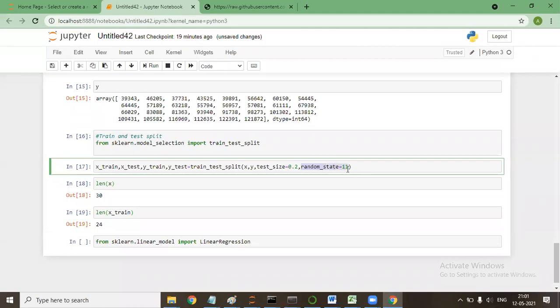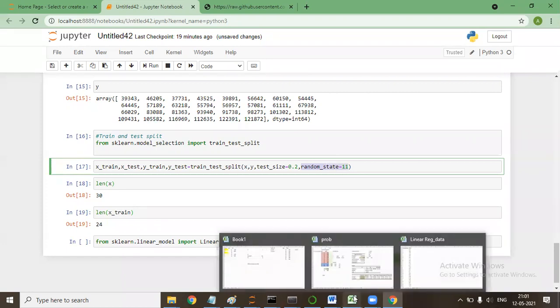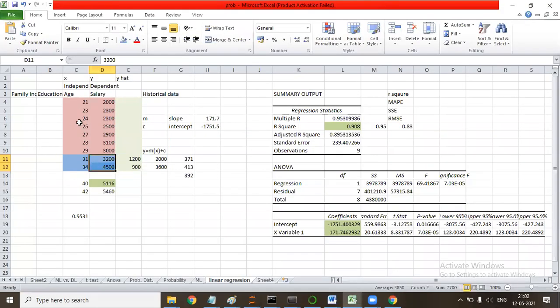As a good practice, whatever data we have, we shuffle this data. Right now everything is in sequence, 21, 23, 24, 25 age. But if our model is learning on this data, what we normally prefer is that the model runs on shuffled data.